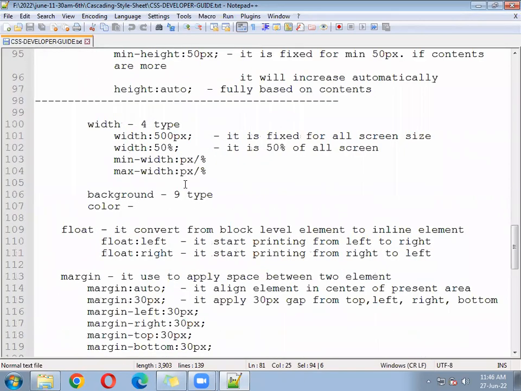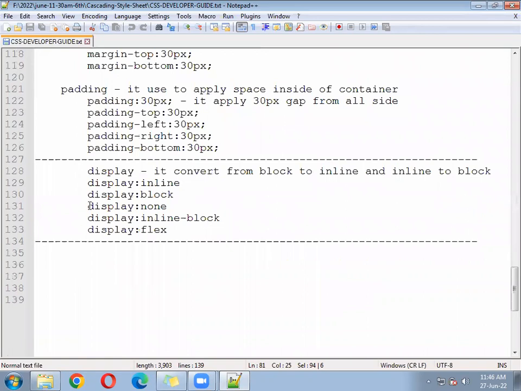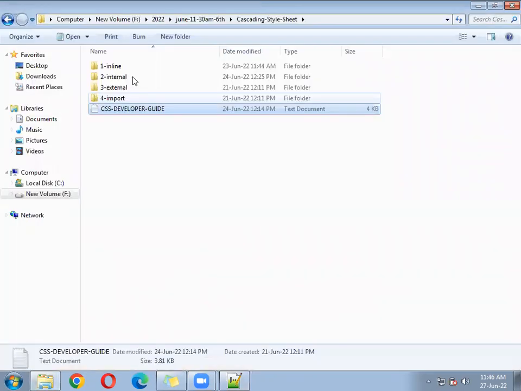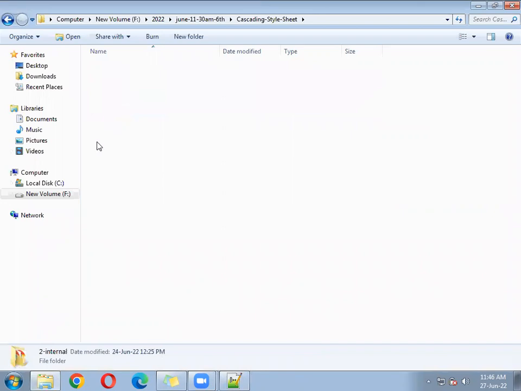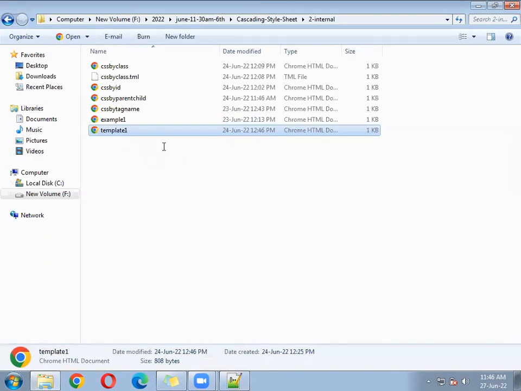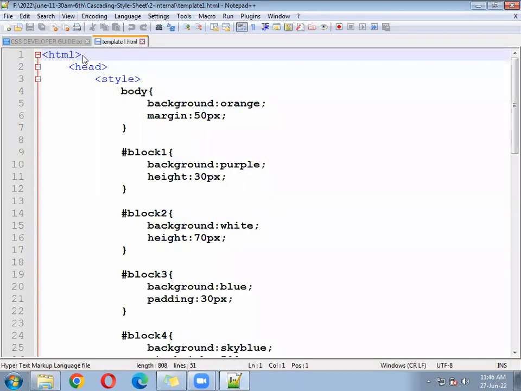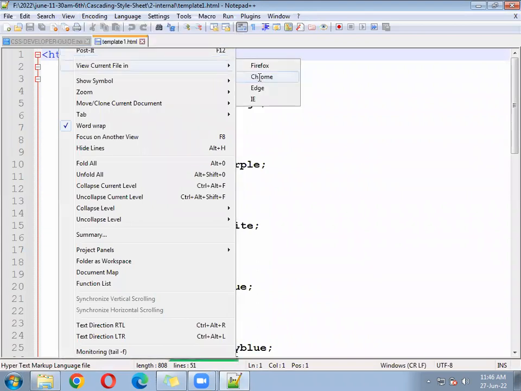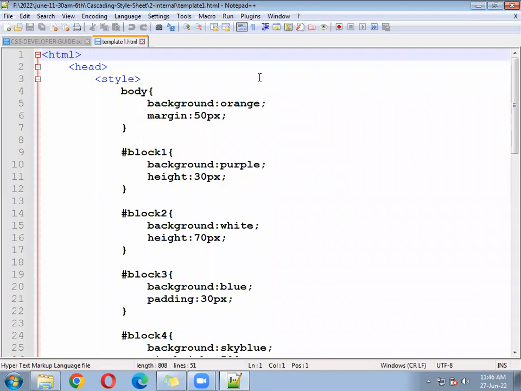Okay. Next, after that, we have created one template also. The template was under the internal CSS folder, and that file was template1.html. We'll open this file. That is, we have divided the page into multiple blocks. Simple, right? Okay. So we are going to understand next